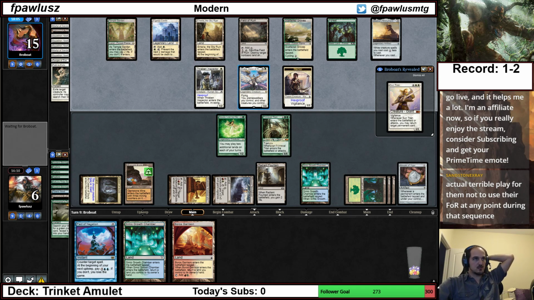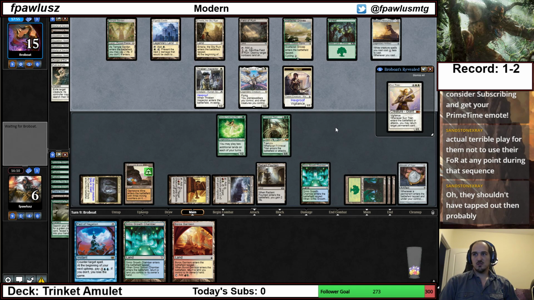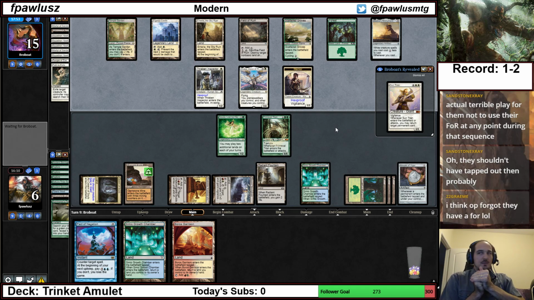This is 6 to activate, right? Yep, 6. I wonder why they don't just play Gavony Township? Maybe they just have too many slots or whatever. Yeah, tapping out of...